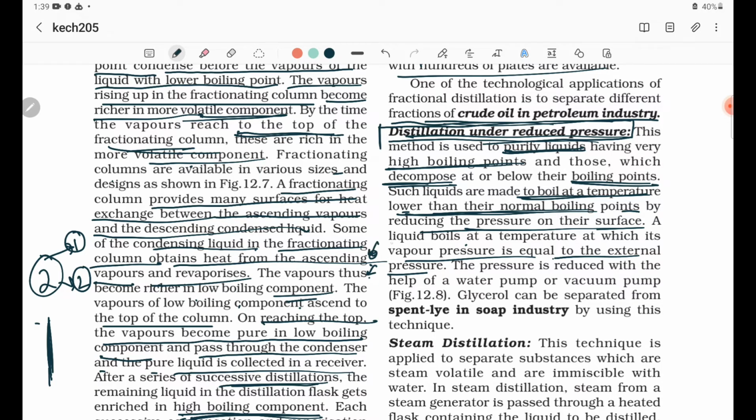How? By reducing pressure. Why reducing pressure? Because when will a liquid boil? A liquid will boil when the vapor pressure and the external pressure are the same. So to attain this vapor pressure equal to external pressure, they would need, suppose, 100 degrees Celsius, but by reducing the pressure, I am making the vapor pressure equal to the